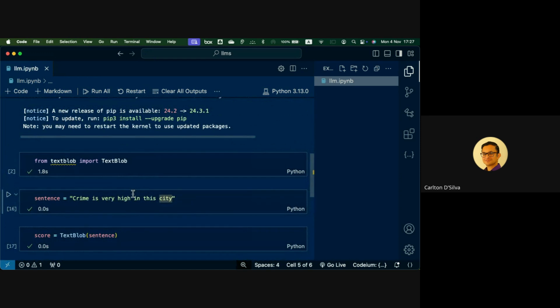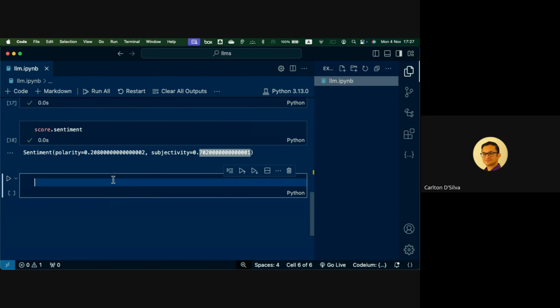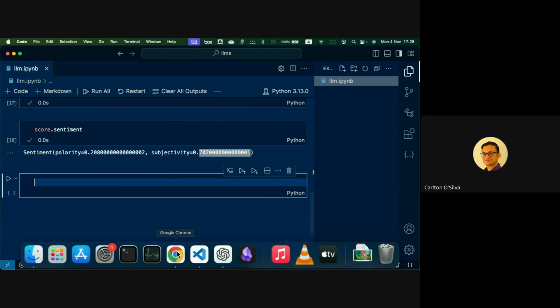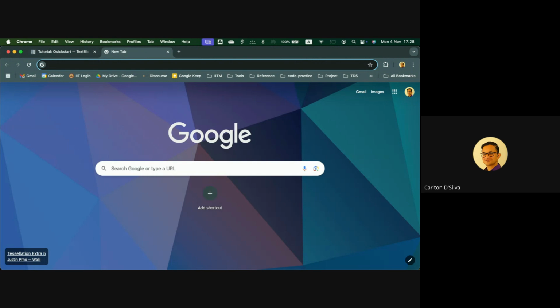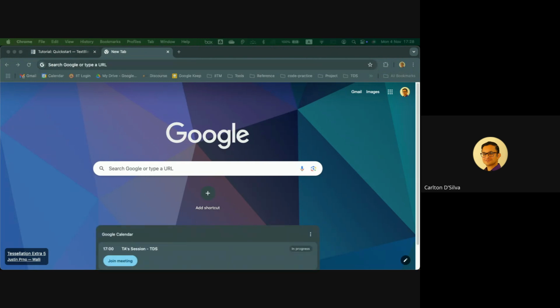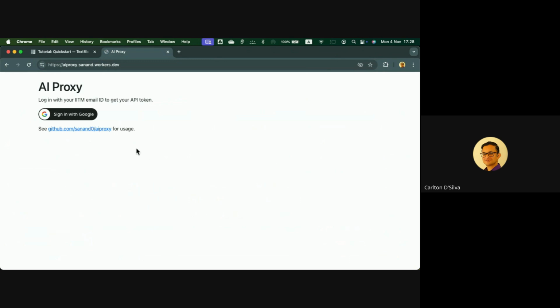So the next thing we want to look at is what we are really here for. How do LLMs improve on this? The first thing is you will need that token before you do anything else. There are some people who are not in this session, so for their benefit, I'll show this.